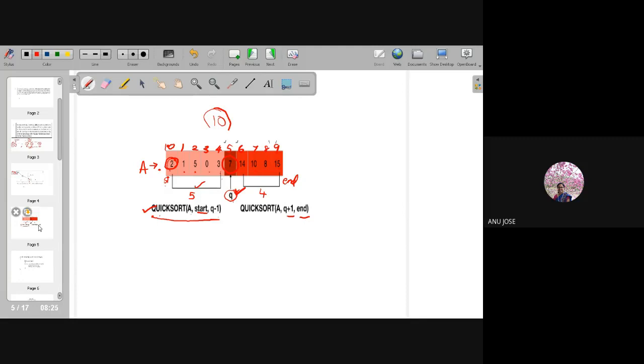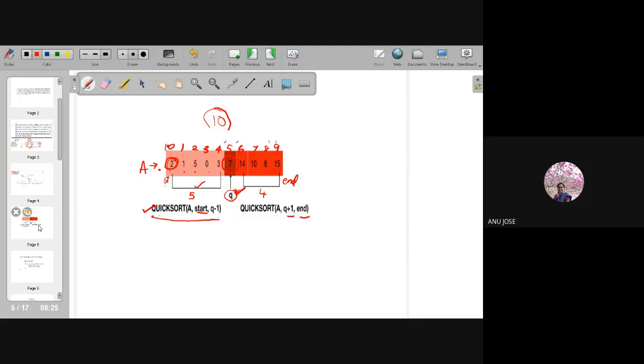There are multiple strategies. In a few cases, the first element will be taken. In a few cases, the median of the array will be taken. In a few cases, the middle element will be taken. In a few cases, the last element will be taken. So all those things are there. But we are studying with selecting the pivot element as the first element in the array. So this way we can proceed.